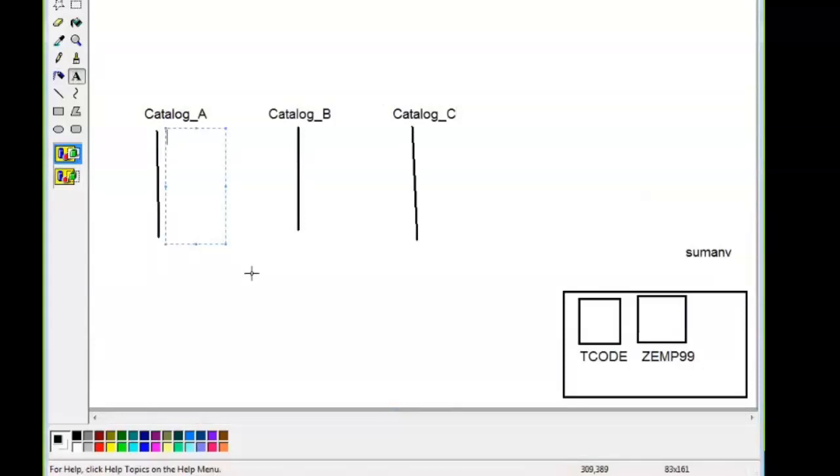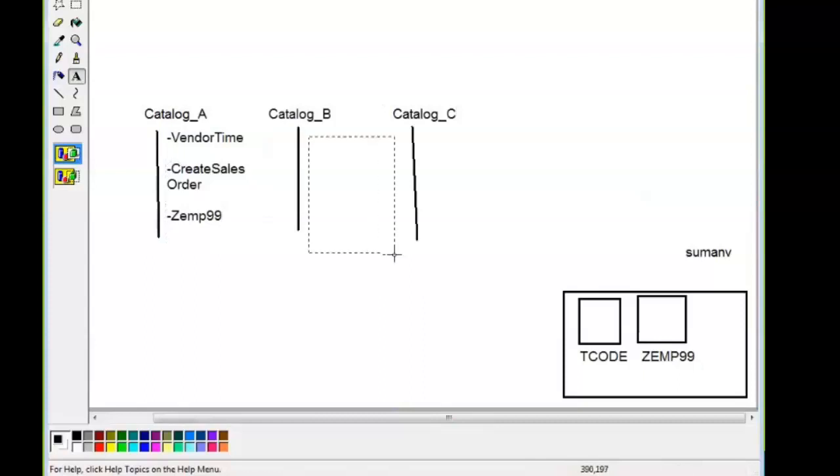Catalog A, for example, is working on the application render time, create sales order, in one customized application.